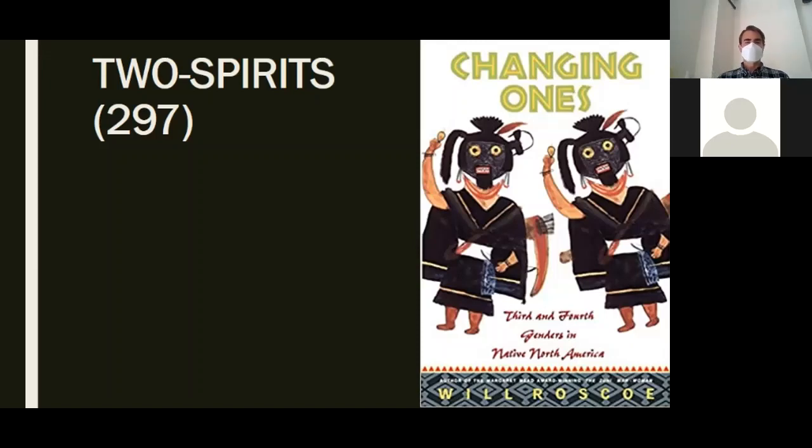One of the anthropologists who's probably done the most on this is an anthropologist named Will Roscoe, mentioned here in the text, who has talked about this as both a third gender that might be males performing female tasks or having their own special roles, and also fourth genders, females performing male tasks, having their own special roles. And there's various,